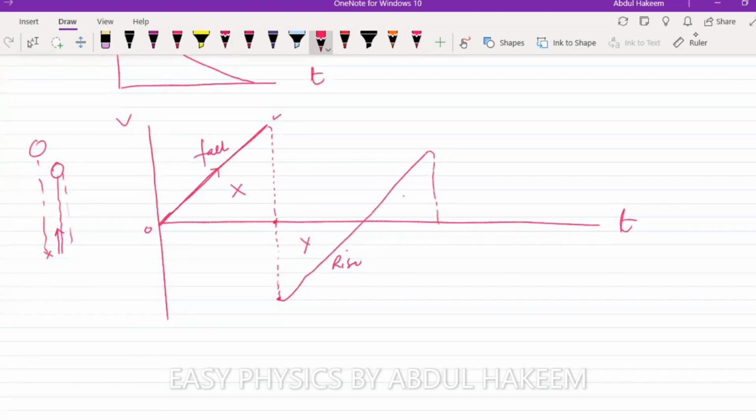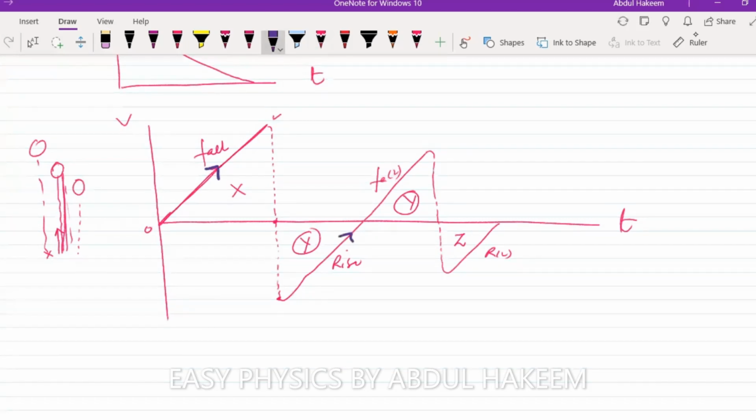But do remember, this area we have to keep the same, equal to y, because the height gained and height lost are the same. And then it goes like this. So this is fall number 2. This is rise number 2, and so on. But this will be different because after the bounce, it will rise to a lesser height. But do remember, all these lines are parallel to each other